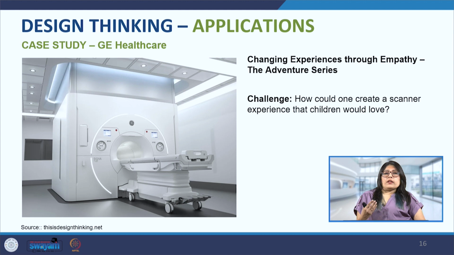So now the patient, when they are lying on this bed to go into the machine, that is when the whole terror comes up, because there is nobody to comfort them also. So when we are getting an injection, at least there is a nurse to hold our hand, but here nobody is there to comfort us, hold our hand, or say anything soothing to us. So it makes it a very scary experience. And especially for certain groups of people like children who get scared very easily. So for them, this is an even more horrific experience.